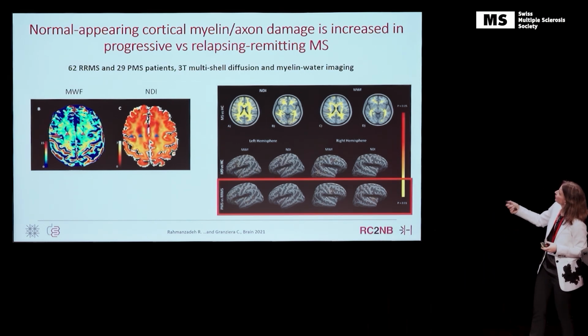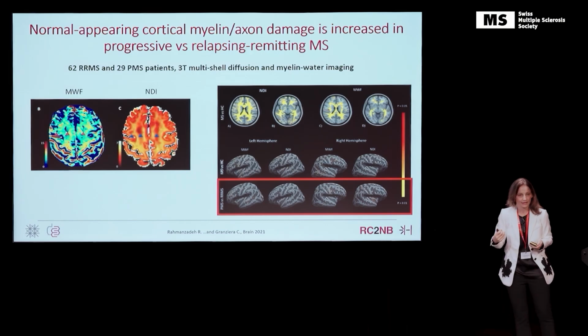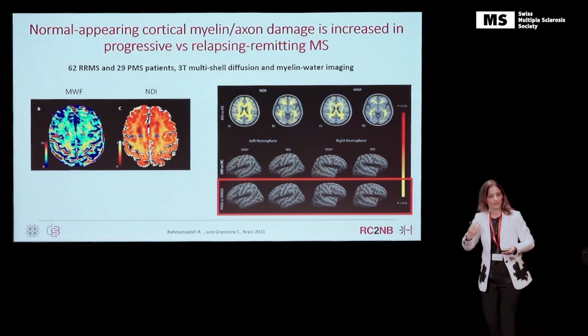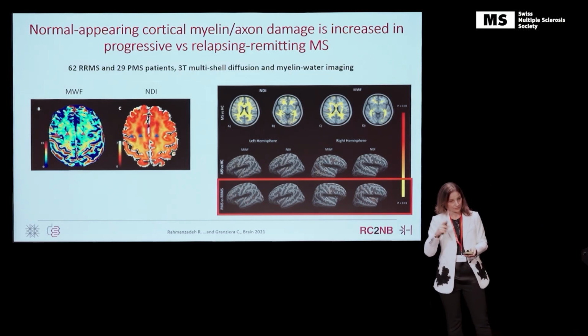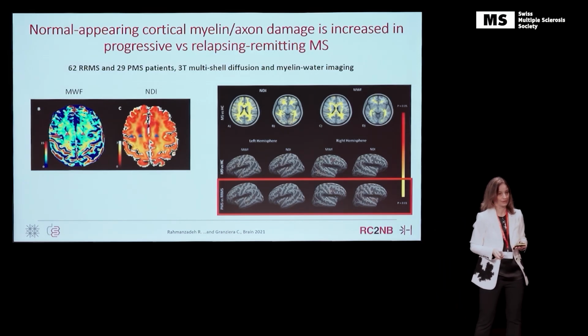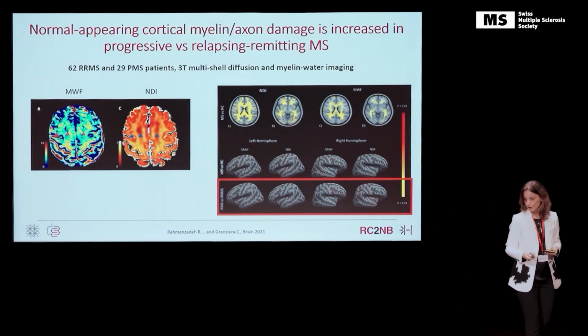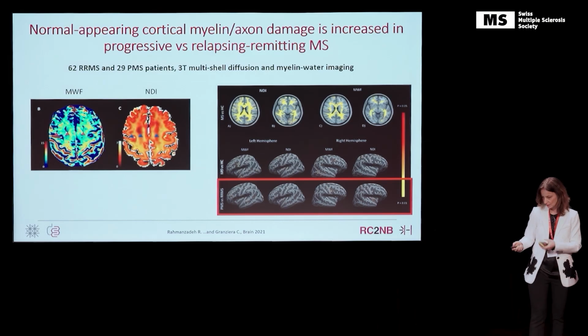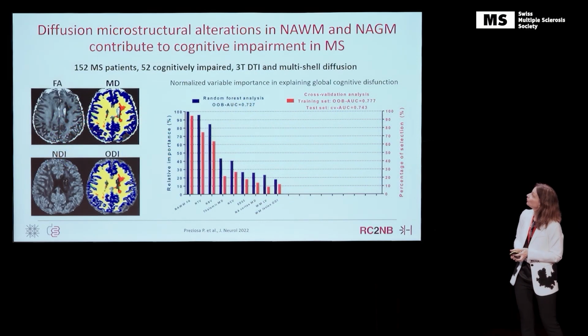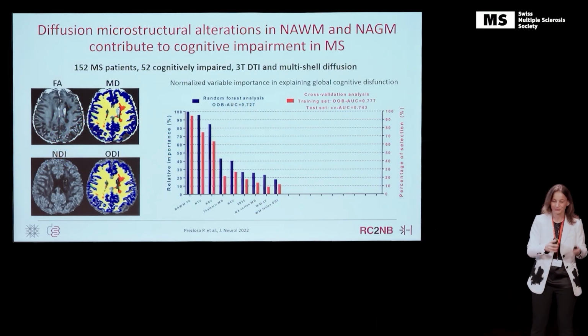So that's the difference between patients and controls, and this is the difference between progressive, relapsing-remitting patients and controls. You see that there are differences, although we took away the lesions that we saw using a certain methodology. So the cortex, again, what Tanya told you before, seems to be related to progression. And now like this. And this is one of the few studies that is not from the SMSC,